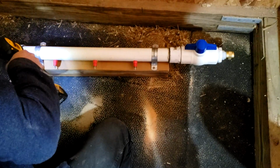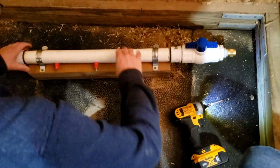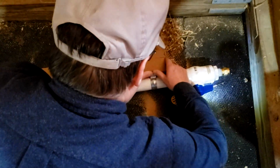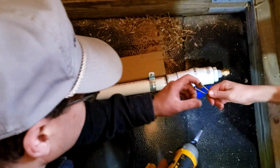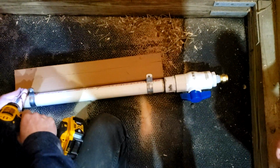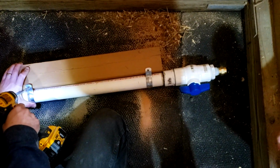And because I'm in kind of a dirty, wet environment, I'd recommend you either use ACQ, some type of green treated, or use cedar. And this is going to be cedar for us. I like cedar in the coop. Puts out a good smell. It's pretty moisture resistant. These coops have a ton of moisture in them in the winter, even with my ventilation systems. So screw this down,